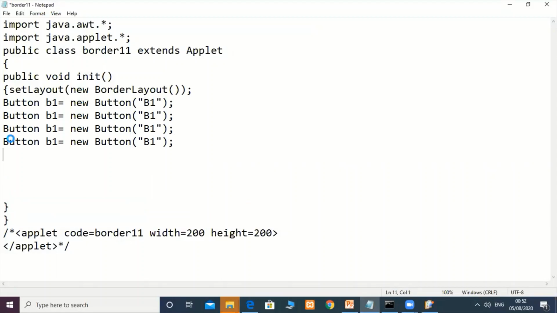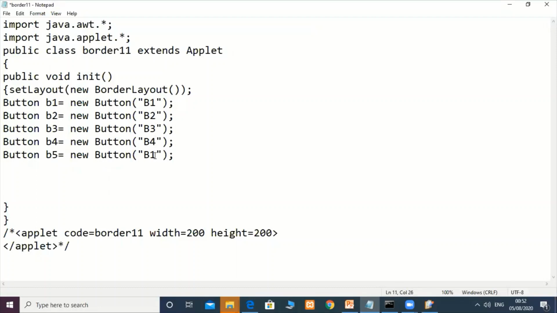Then one more button. No need to cover all the regions. You can add in any region. Like suppose if you want buttons to be displayed in east and west, then that is also enough. Then change the object here, B3. Then write here, suppose, B4 and this is B5. And change this name also. You can write any name. I will write here B2, then B3, B4 here, and here B5.